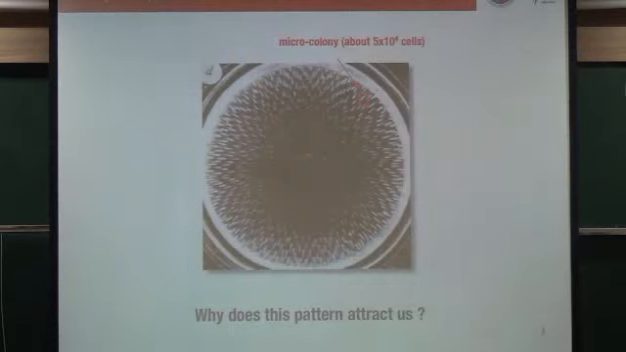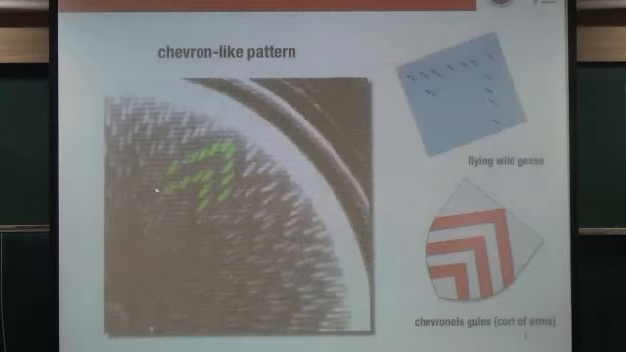50,000 cells, okay? Just make one microcolony. And you can see a sort of pattern. And why does this pattern attract us? It means we can see something like a characteristic pattern. It looks like this